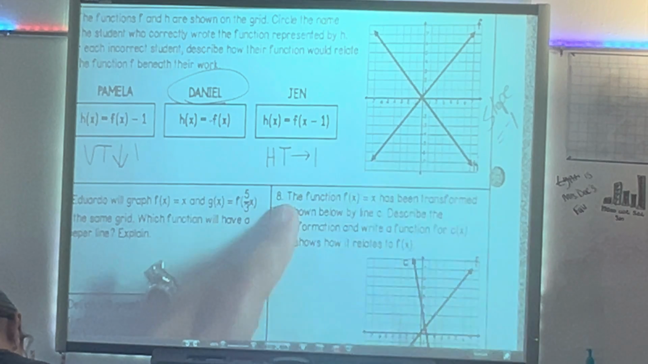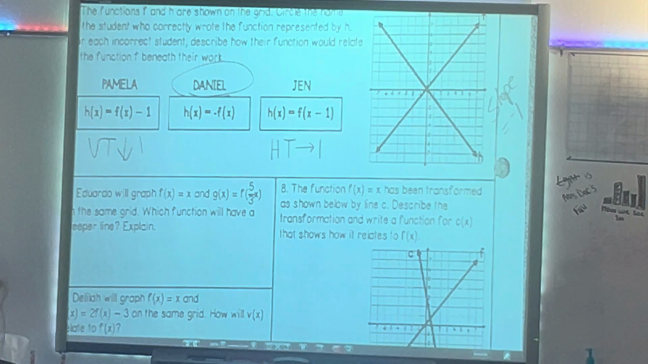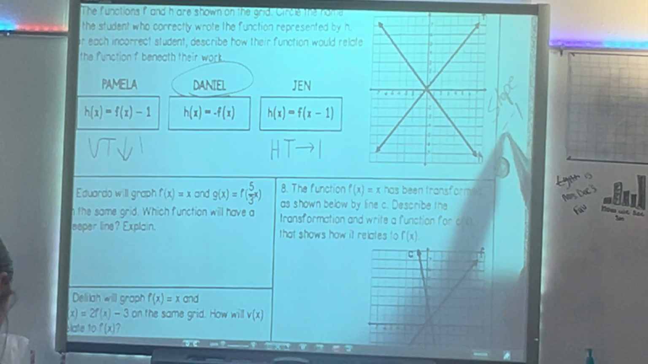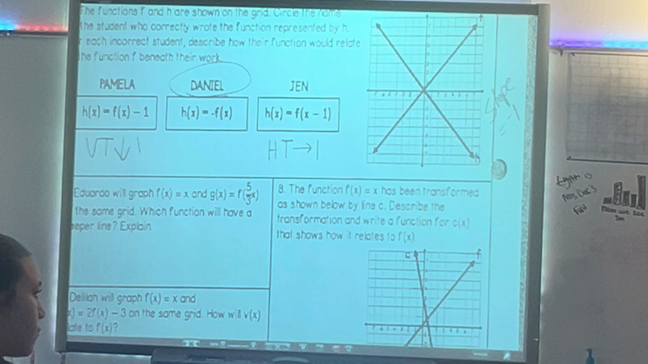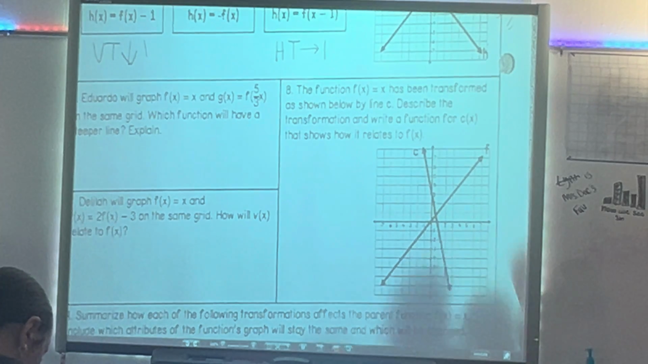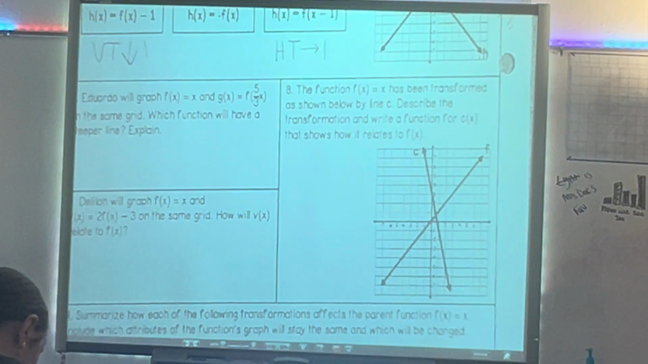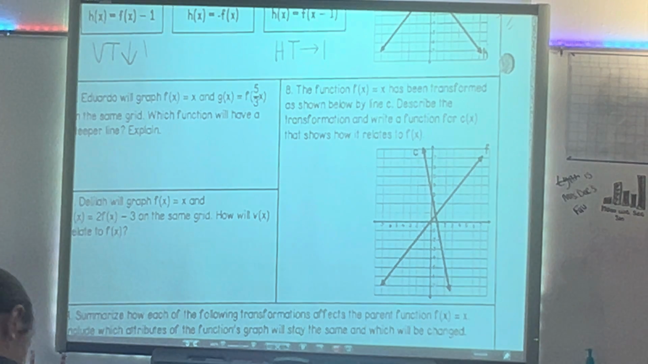For the right one. Okay? Alright, y'all, if the slope is -1 and this slope is +1, it's a reflection. Like, that's what it is. They are absolutely, Julian, you said they're perpendicular. That is absolutely true. In order for that to be true, it had to be reflected. We okay? Alright. Eduardo will graph f of x equals x and g of x equals f of 5/3 x